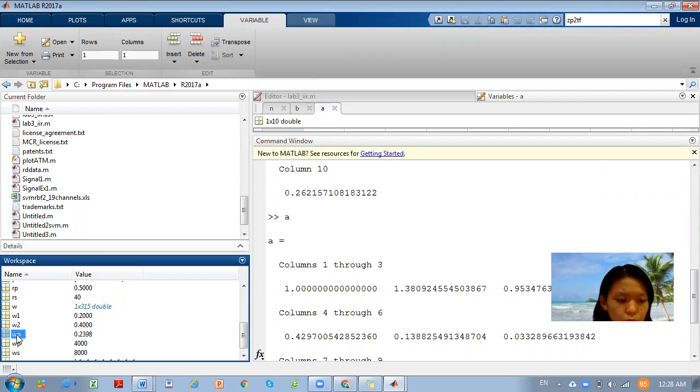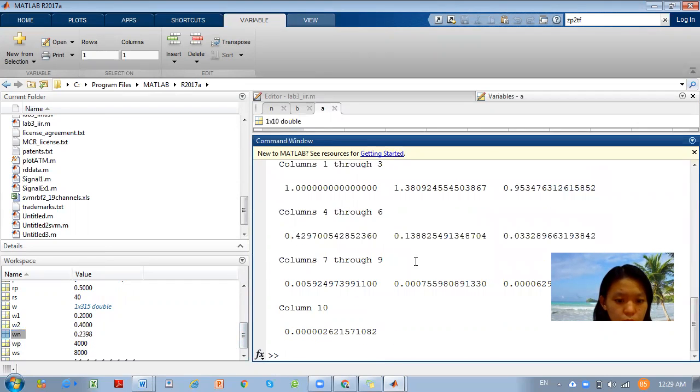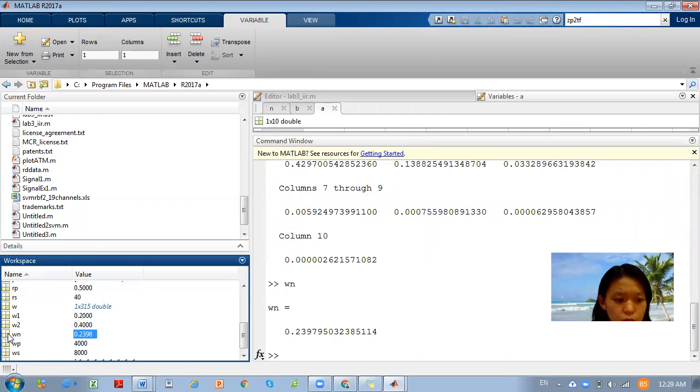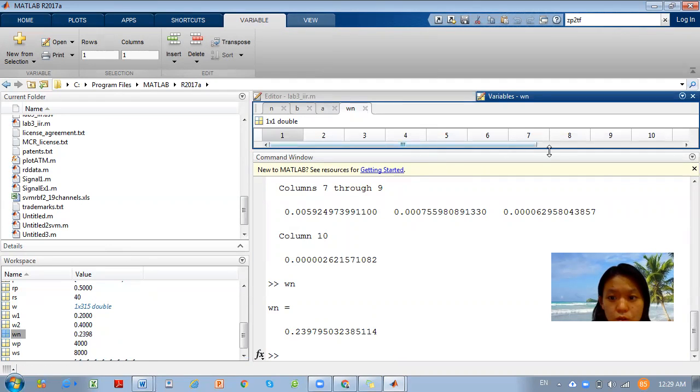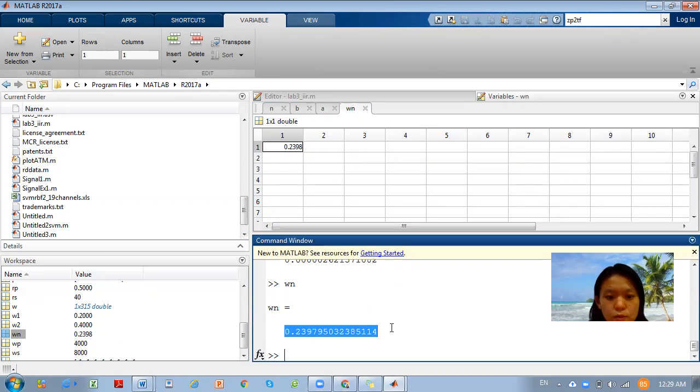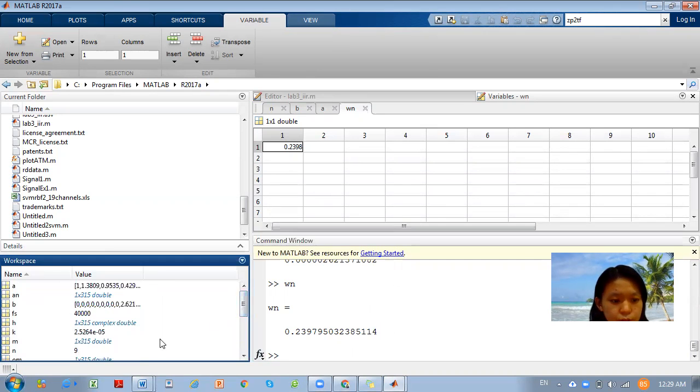If you want to know how much our cutoff frequency is, the cutoff frequency is Wn. This equals 0.23979 and so on. So we can refer here. When you double click here, you can get your value. Just now I said long format, that's why you can see the long format here. So you can refer to all the values from here. Okay, thank you. This is how we plot